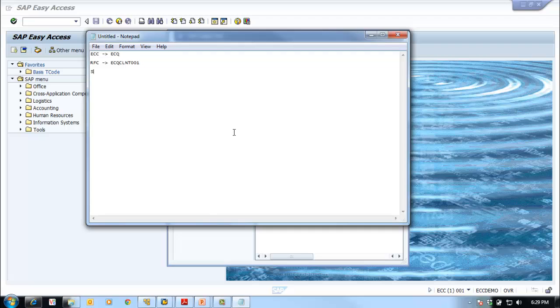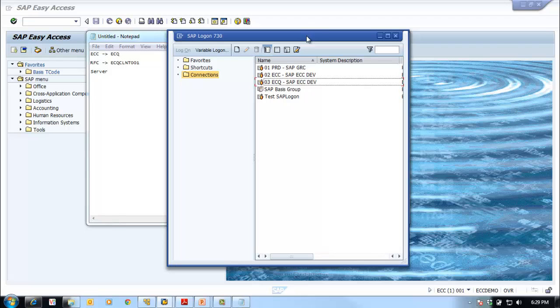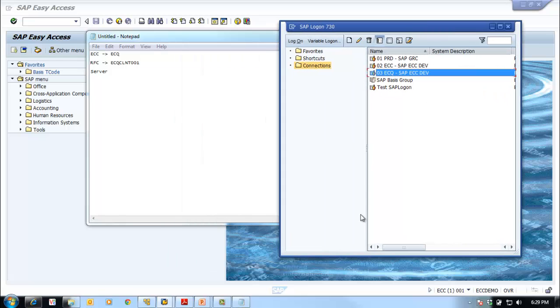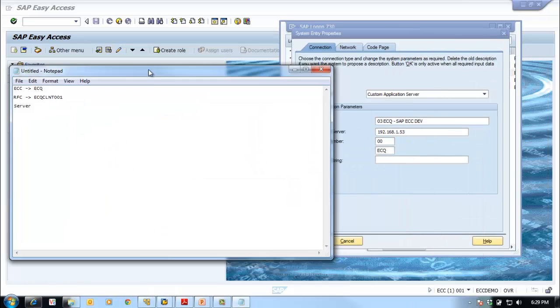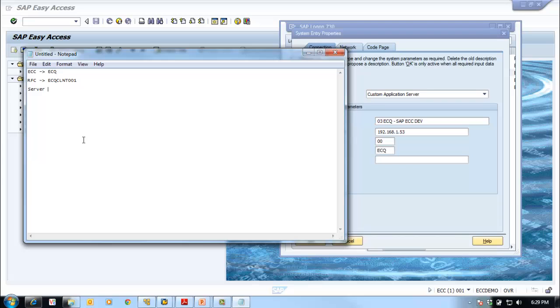Okay, what is the server? So how can we find the server? We have this information in our SAP GUI. Let's go here and we will take the server IP address. You can either specify the IP address or you can specify the host name, provided the IP address has name resolution in your network. Okay, 192.168.1.53. This is our IP address, and the